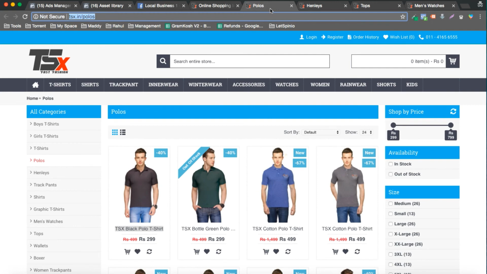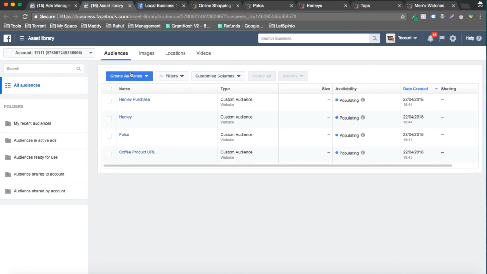Let's say you have a good amount of traffic on your website. I will create multiple other custom audiences, like all the people who have visited the add to cart page, and all the people who have visited the checkout page. Let's say 100 people come to my website and 50 people visited the checkout page. I will spend more budget on those people who visited the checkout page but did not purchase, and then I will create another advertisement for the remaining 50 people who only visited my website, because those who visited the checkout page are more likely to buy my product.